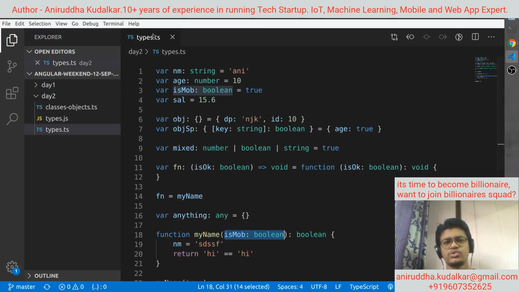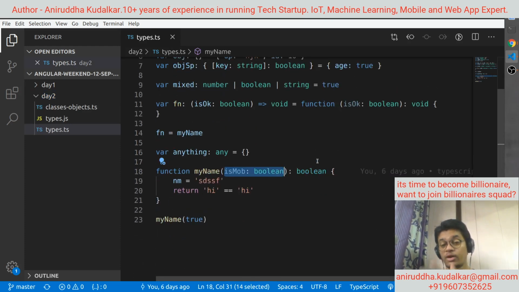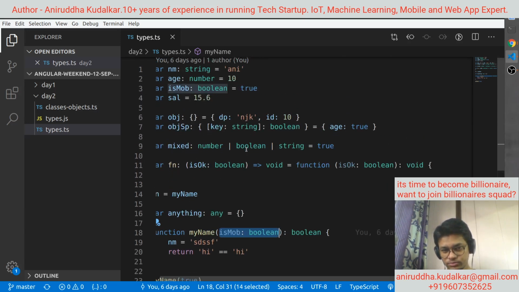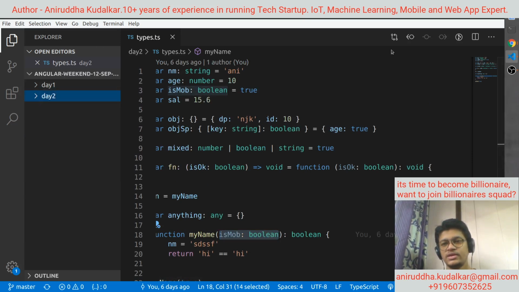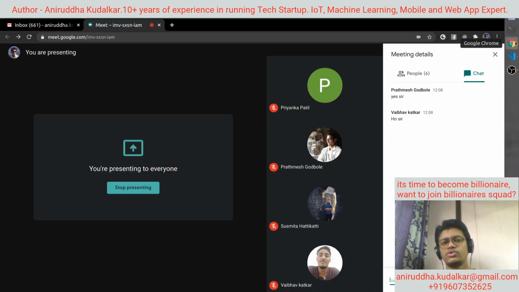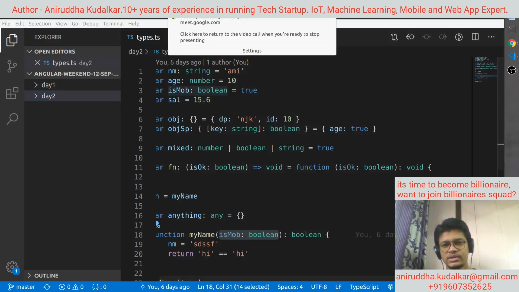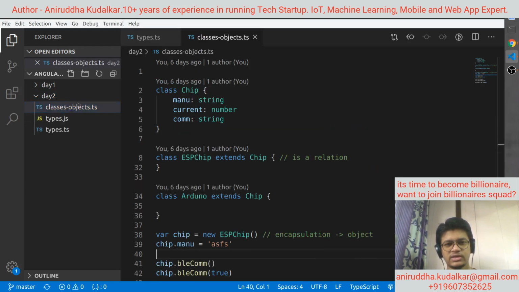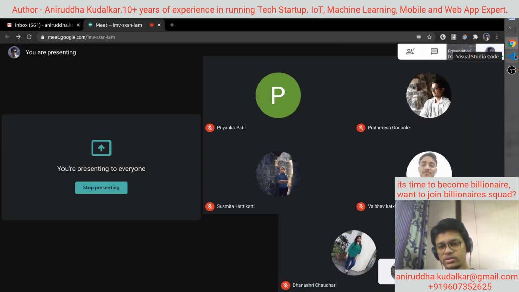We have understood what variables are, what functions are, how to write and call functions, and what different types we have seen. We have discussed TypeScript a little bit, not completely. And then we have discussed classes and objects.